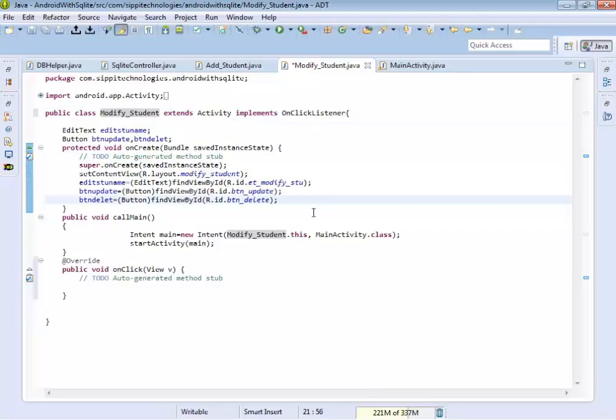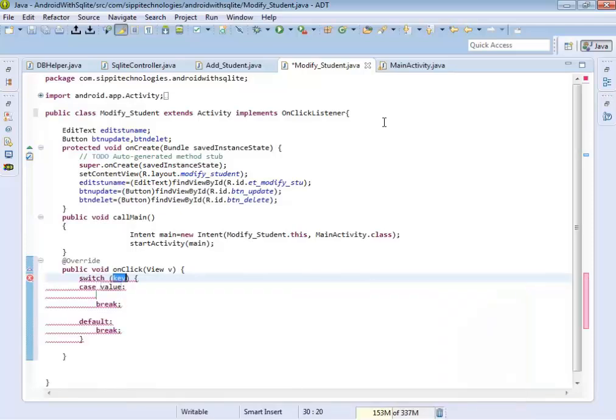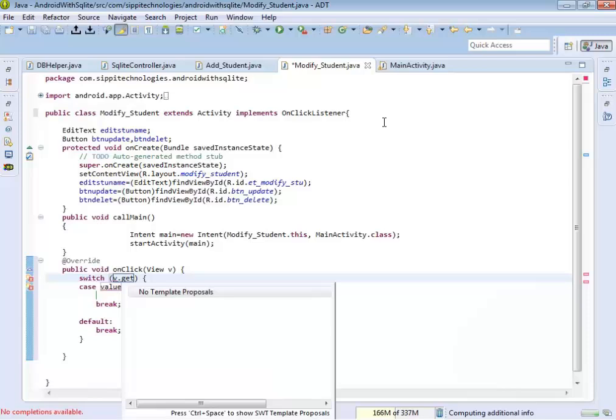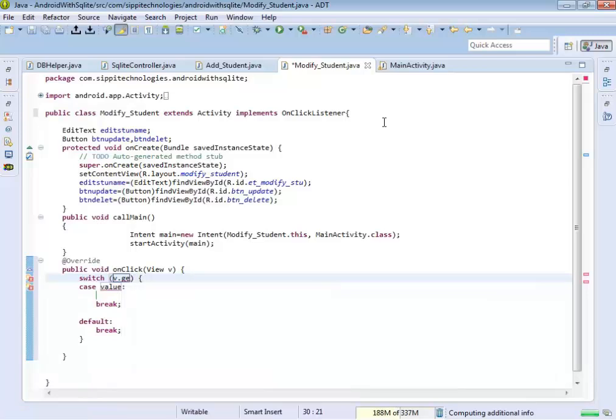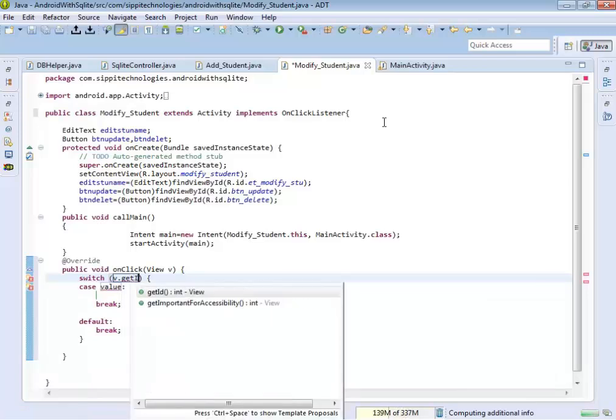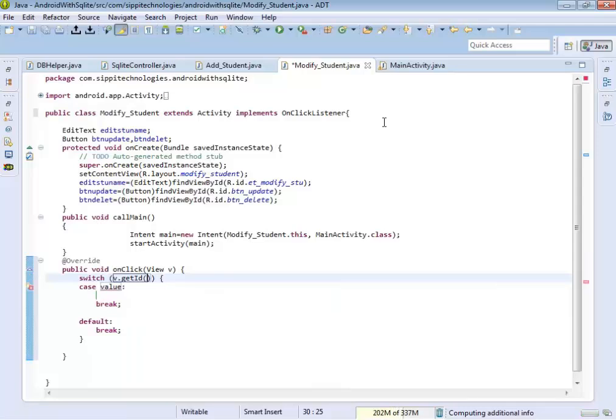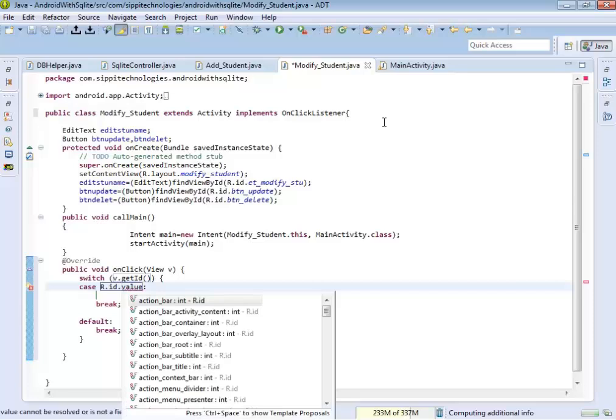Now in this method use a switch case to perform action on button clicks. V dot getId value, R dot id dot